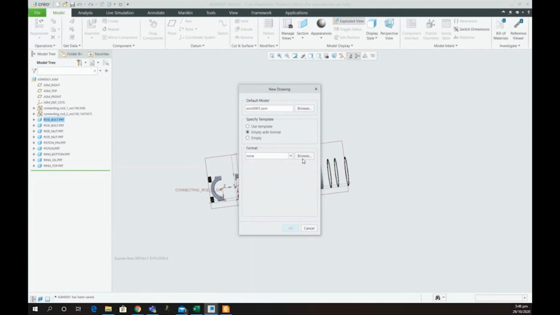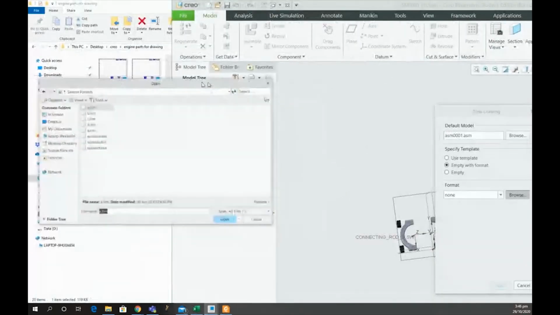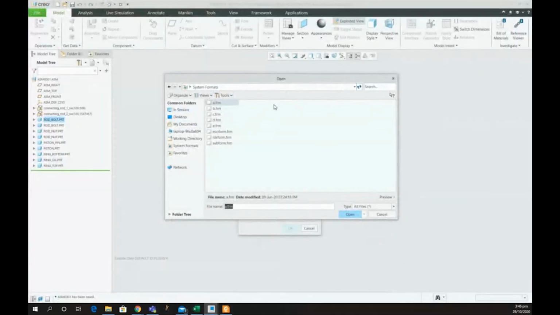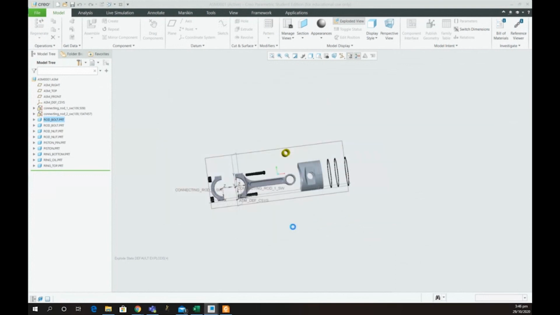To choose the format, I would just go to Browse, and by default, it would go into the system formats which they have already there. I would just go to my working directory and select the format which I have already made. So if I open it, click on OK,